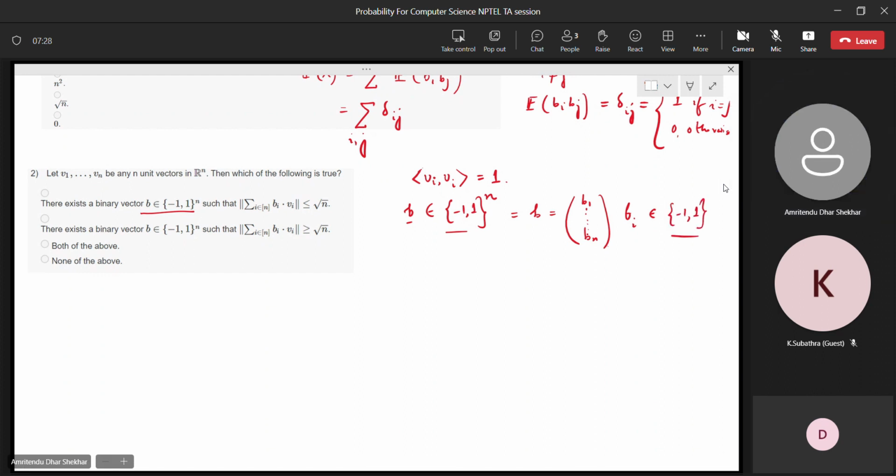Okay. So now, which of these options are correct? There exists a vector chosen from {-1, 1}^n such that,